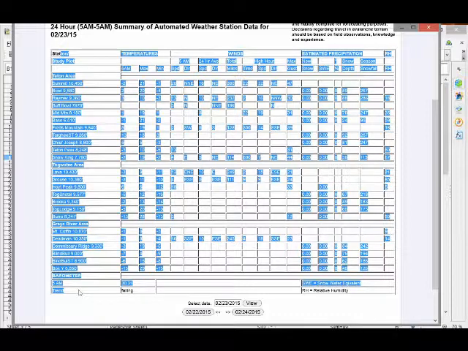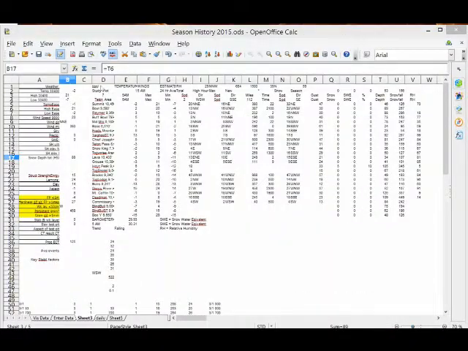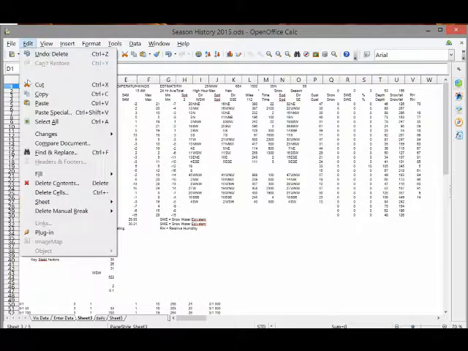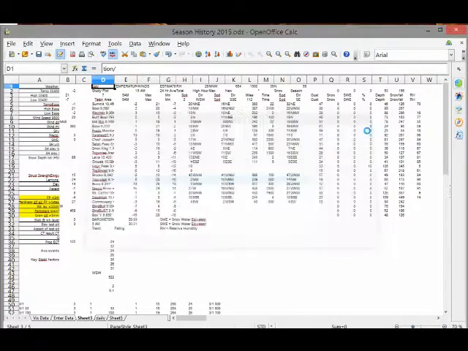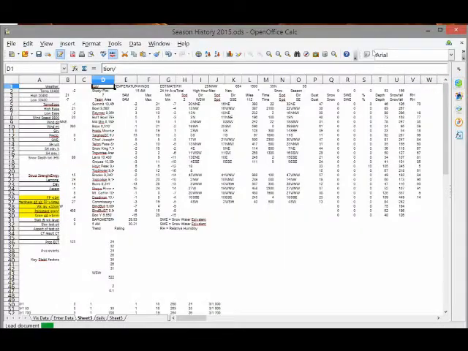So use the edit menu, copy, or Control C on a PC copies that data. I come in here and I do what's called a special paste. Edit, paste special, unformatted text, OK. And this parses everything into spreadsheet format, puts it all back in. So now everything that was on the 5 a.m. big sheet is now on my spreadsheet, and these cells are referencing the various cells where the numbers I want